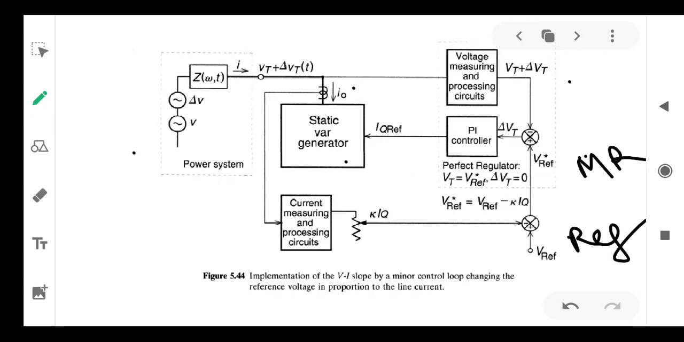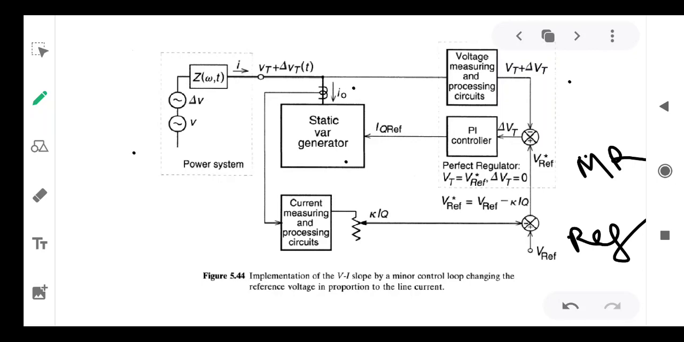Modified reference is obtained here. V reference star is equal to V reference minus K into IQ. K is the regulation slope, IQ is the reactive current. So this regulation slope is implemented with the help of this equation. Therefore, the modified reference signal is very important and crucial to implement the voltage slope of the regulator